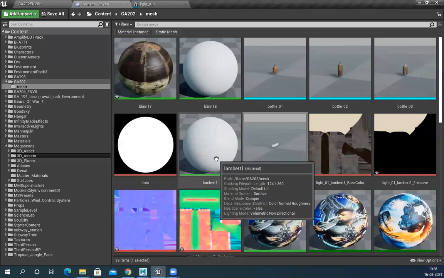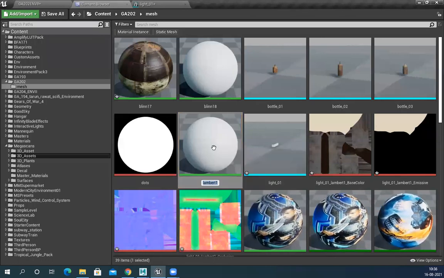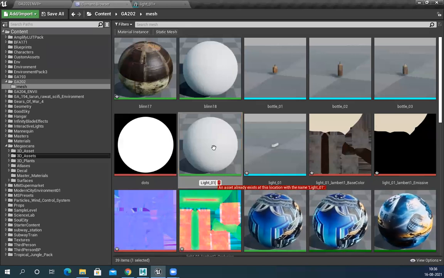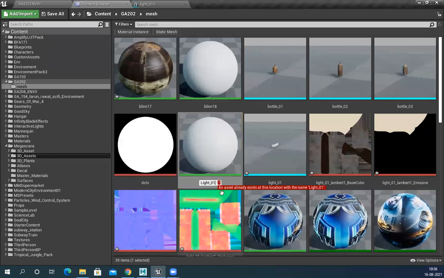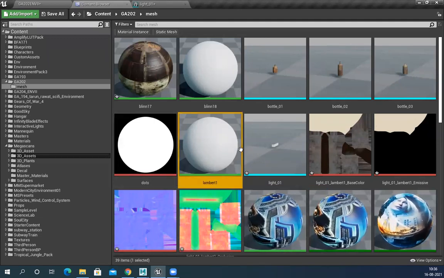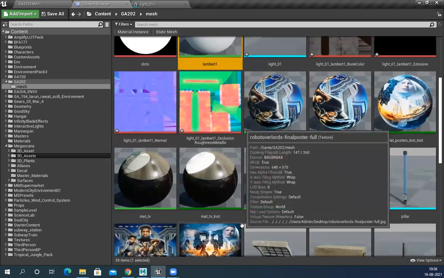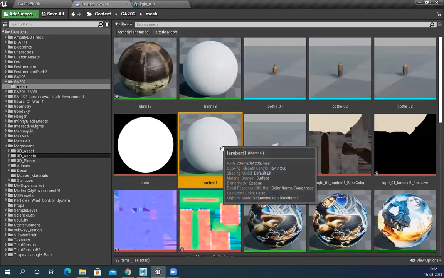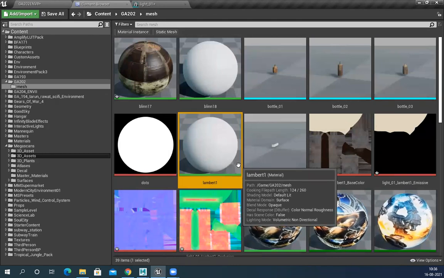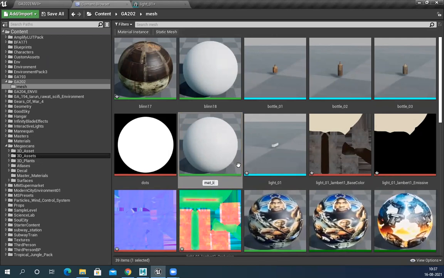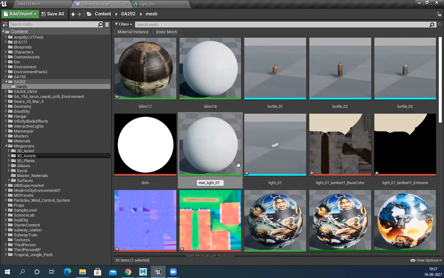This Lambert one is basically this thing. So I can just rename it underscore 01. Name it. Light already exists. Oh, that mesh name is also light. You cannot have the same name, so Mat underscore 01. Now it's fine.